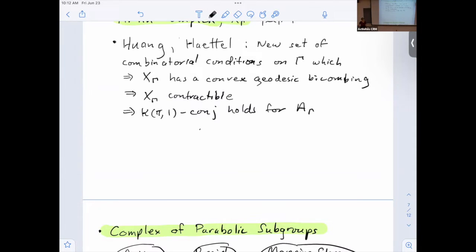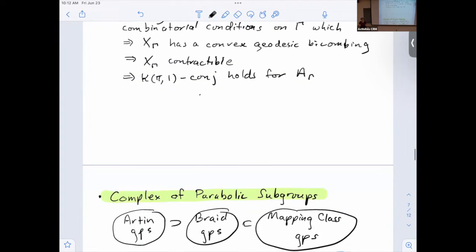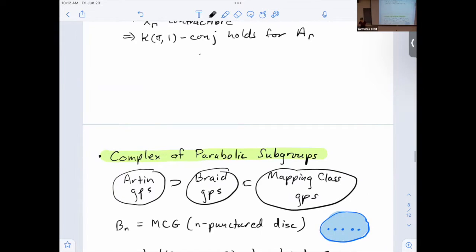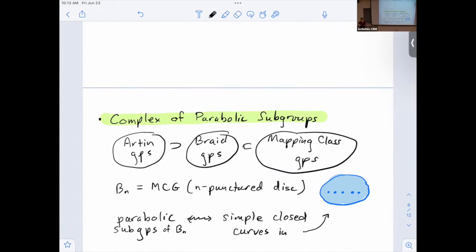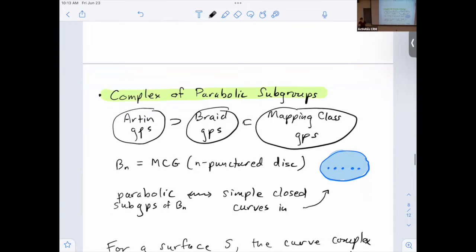There's one more complex that I want to talk about that also involves parabolic subgroups, but in a rather different way. I'm just going to call it the complex of parabolic subgroups. Namely, instead of my vertices being cosets, I want my vertices to be actual parabolic subgroups. Let me introduce this by starting with where this idea comes from, by starting with braid groups,